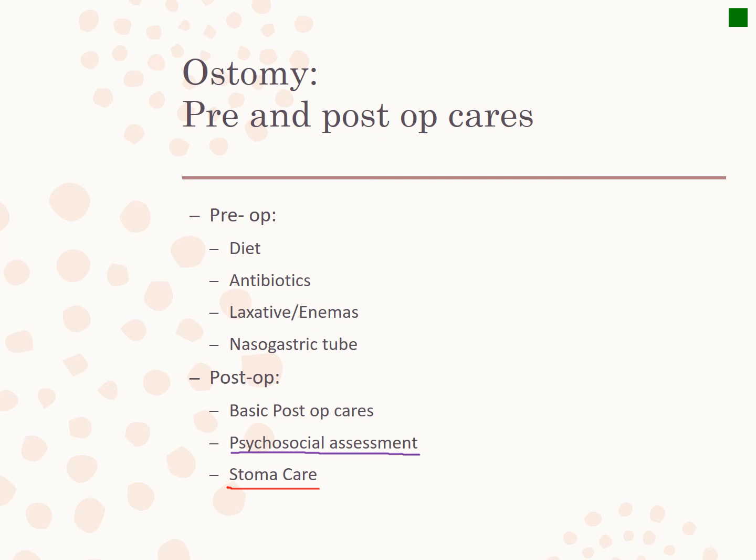It takes about 3 days to really start putting stool out. Prior to that, it may put out some serosanguinous drainage and that kind of stuff just as it's healing from being cut and going through the trauma of surgery. But stool takes about 3 days. After about 3 days, if you're not seeing any stool starting to come out, then you're going to want to